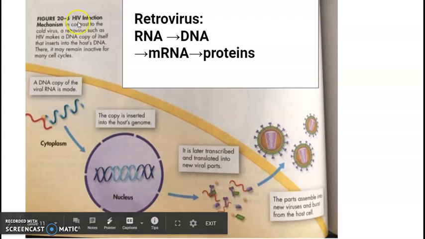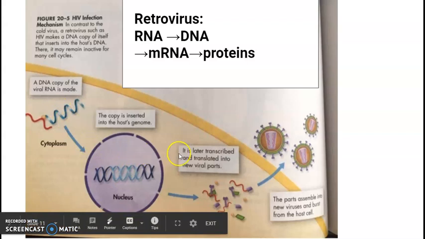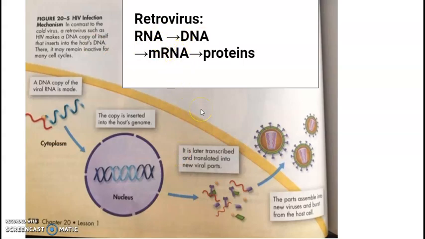So this is an example using HIV infection. If it's inserted into the host genome, every time the genome is copied, it copies the viral DNA. This viral DNA can then be transcribed and translated, so it can make new viral parts. And just like we saw before, the viruses assemble and burst from the host cell. So the RNA viruses just have this extra step where they have to go from RNA back to DNA, so that they can go to RNA and proteins again. Did you follow that? Okay, I have it listed up here so you can see.